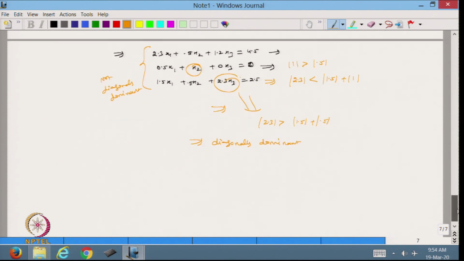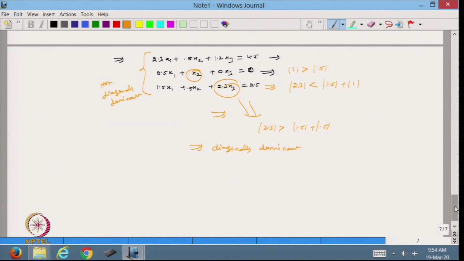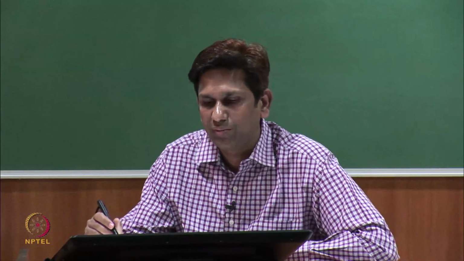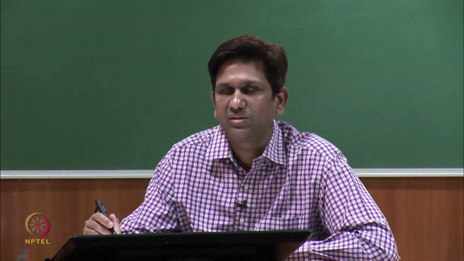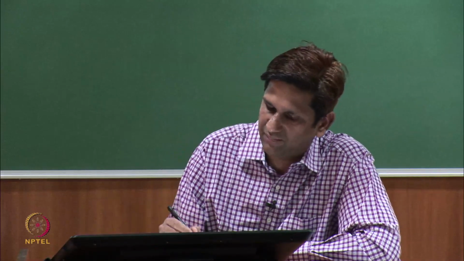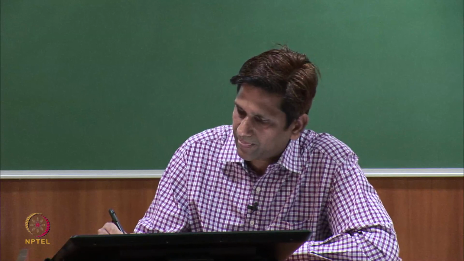So it is not always possible that we will find a diagonal dominant matrix after interchanging the rows, like we have seen here. But if it is possible to make the system diagonal dominant, then when we apply the Jacobi method, we are sure that it is going to converge and give the solution. So we should stop here, and this is all about the Gauss-Jacobi method.